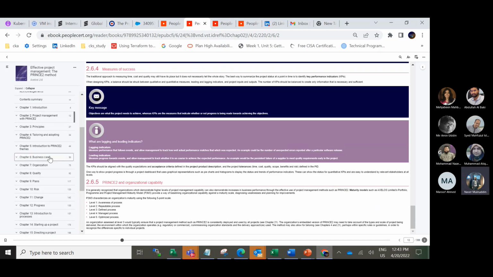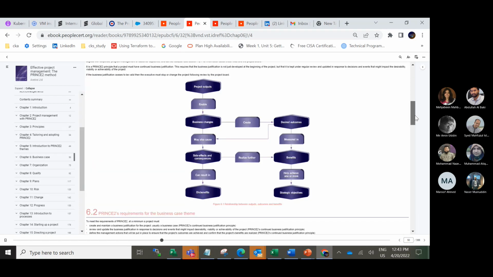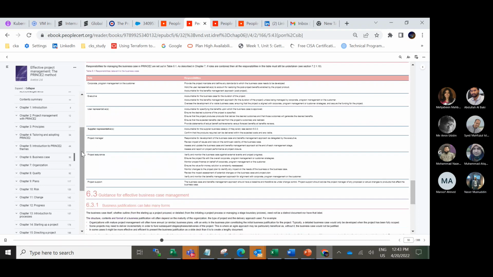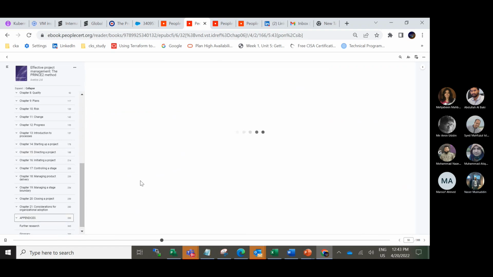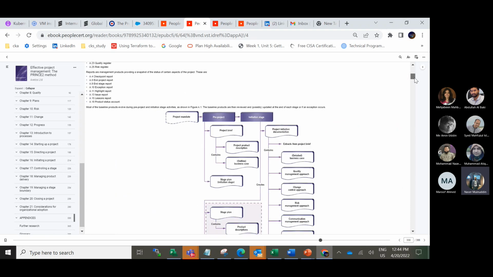This is the business case theme, what we discussed earlier. And one important part after the themes and processes is why PRINCE2 is important. As we discussed, you have to develop some specialized products, as well as products in each of the stages.